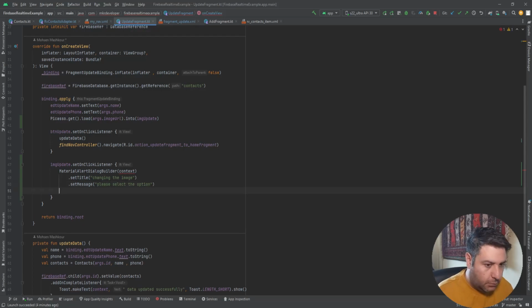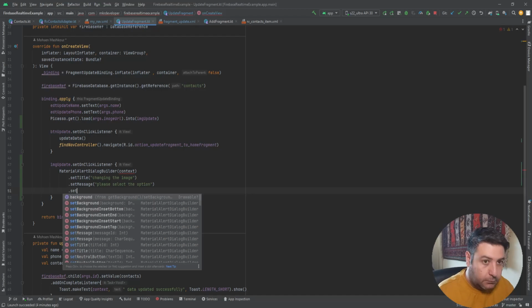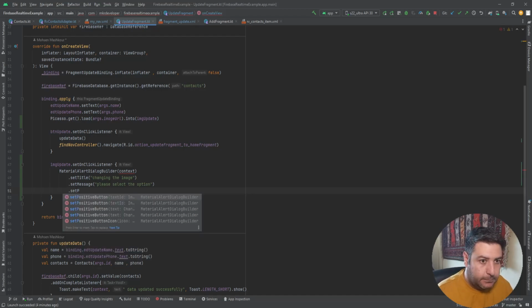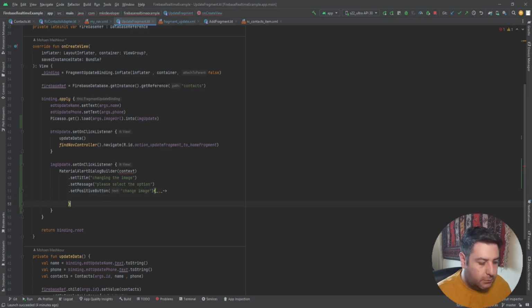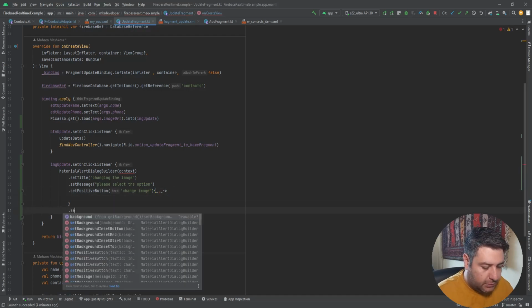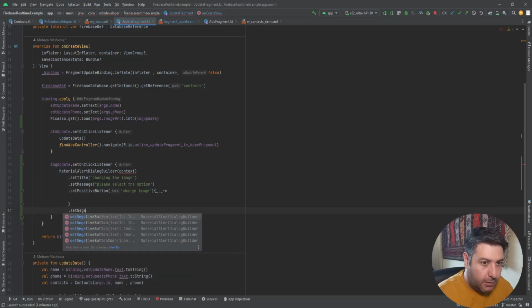And the positive button, the text of the button will be change image, and here underscore comma underscore and arrow, then dot set negative button,